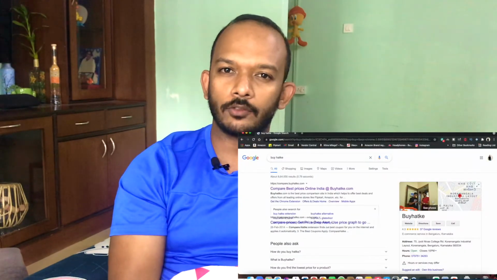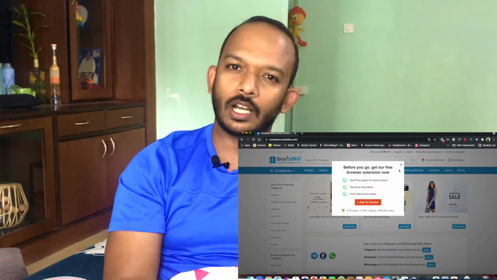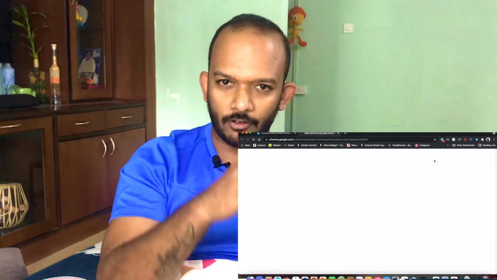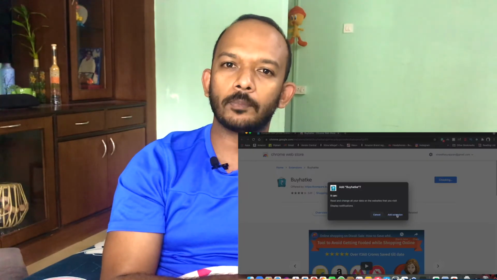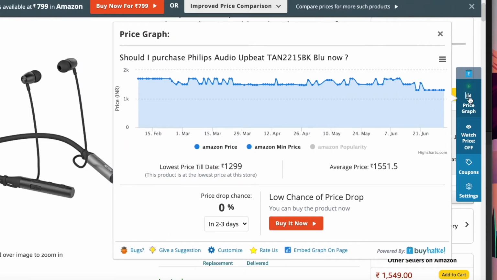So this Keepa works only on Amazon, right? How can you do the same on Flipkart as well? This is the second plugin which I'm going to tell you, which is called BuyHatke. You can download and install it the same way you did for Keepa, and it will work flawlessly on Amazon and Flipkart. Instead of giving the graph below the product page, it will give you a graph on the right hand side. You can see the graph icon on the right hand side like you see in this screen. Once you click on it, the graph will pop up from the right hand side and it will give you the complete picture of whether the price is going low or up.